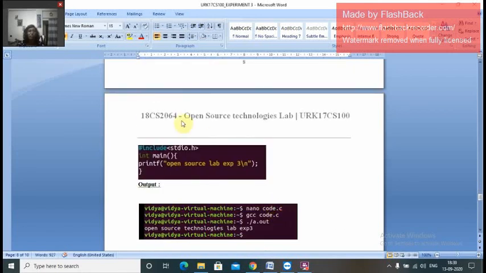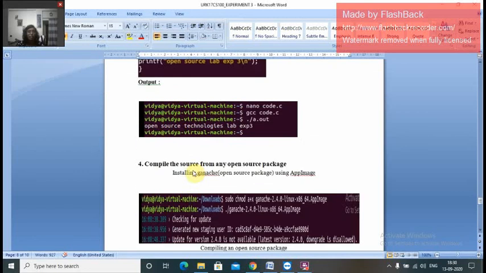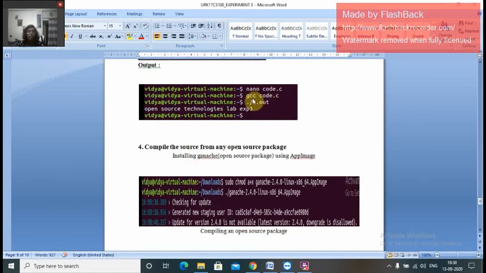And then here as we are compiling it, we need a program. I have given the sample program as this with a printf statement. I am just compiling it with gcc code.c. This is my file name, and then ./a.out, we all know it, and then I am getting the output as such.